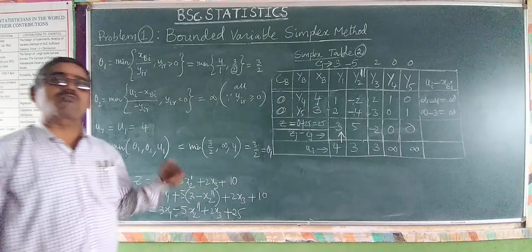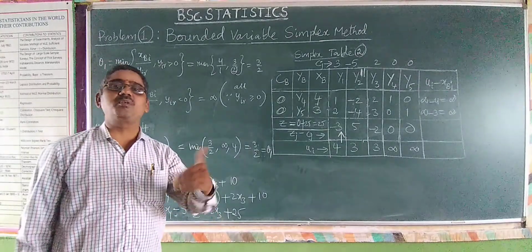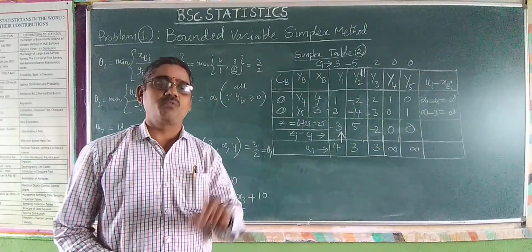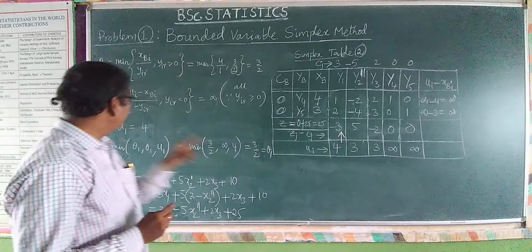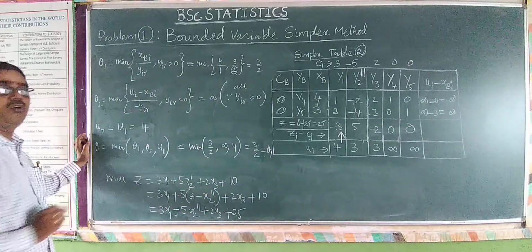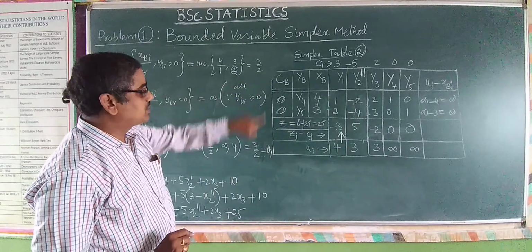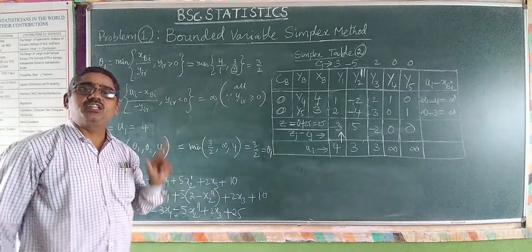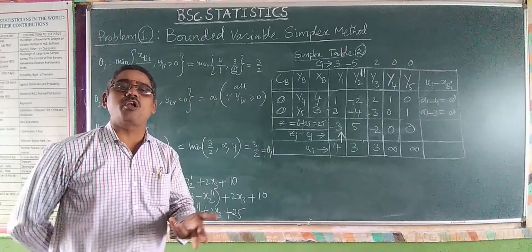So we have to decide. It may be theta 1, or theta 2, or u1, that is ur. Based on that you have the case. Therefore theta is equal to theta 1, and the corresponding theta 1 is equal to 3 by 2. In this case, 2 is the pivot element, we will see. If theta is equal to theta 1, the usual simplex procedure is going to be applied.